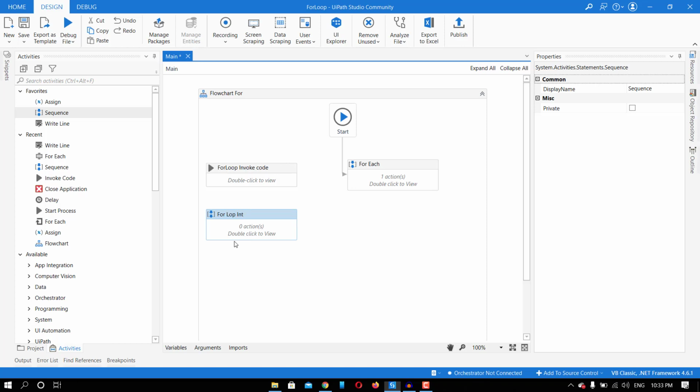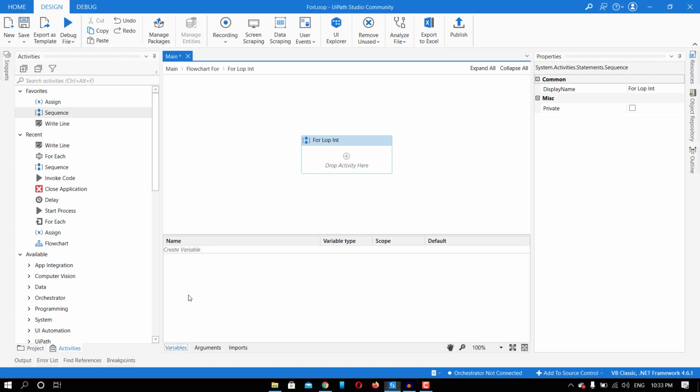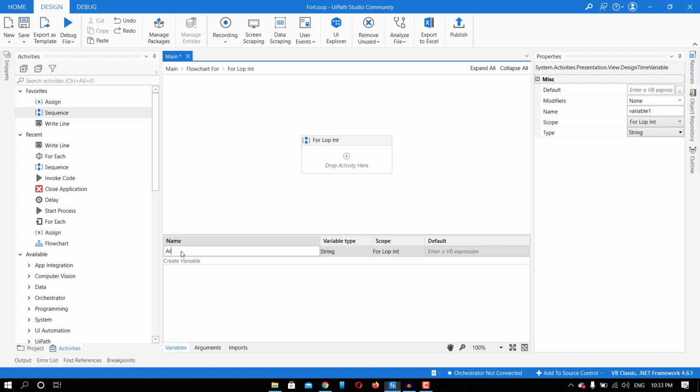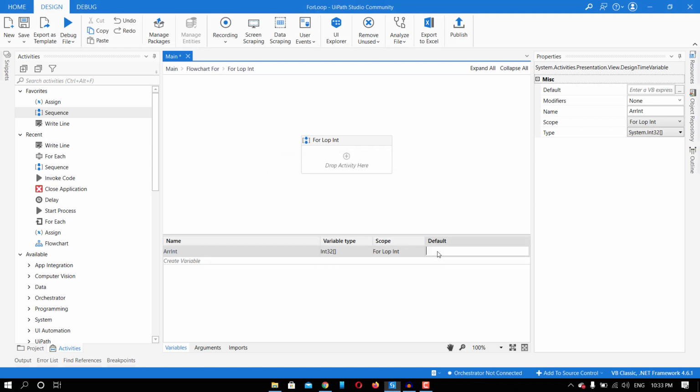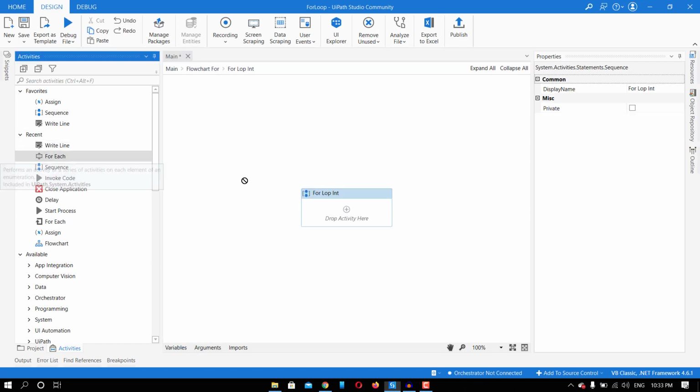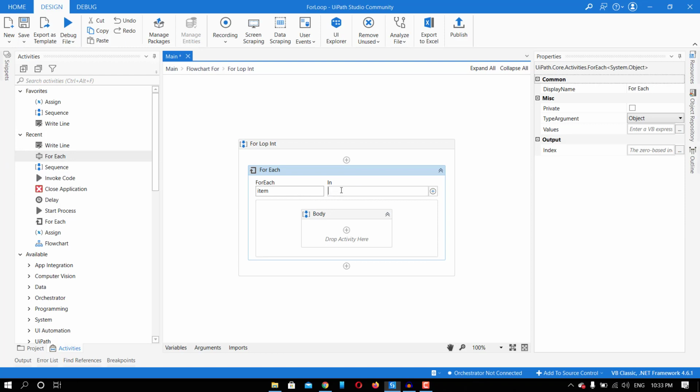So now what I am going to do, I am going to create another array of integer, and obviously the type will be array of integer, and here I am going to define 1, 2, 3, 4, 5, like this. Okay, and now let me take a for each activity, and here are int, and you can rename it anything. It's always good to give it any meaningful name. So for each val means value.